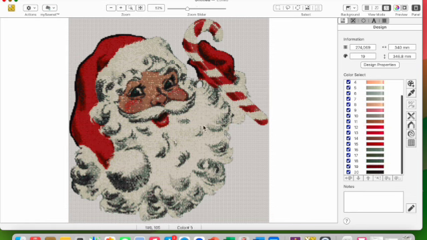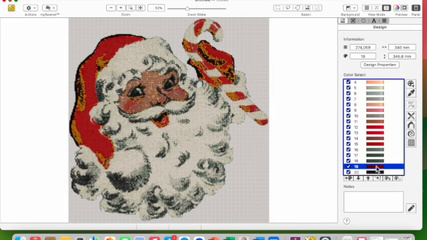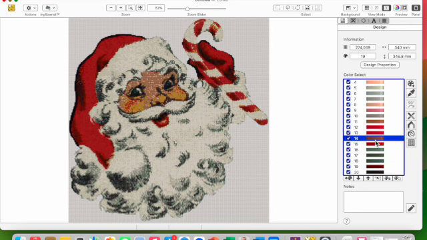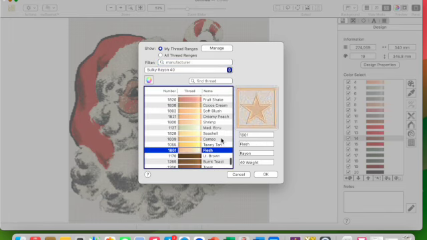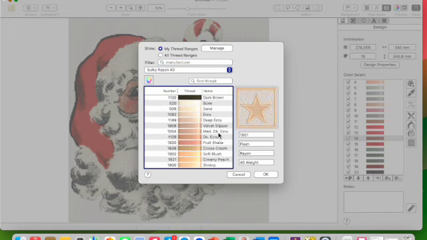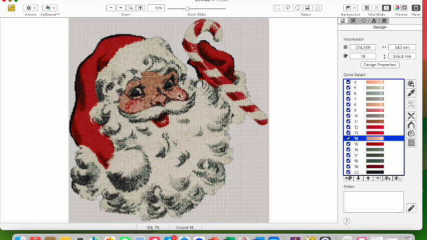And some of the fast things you can do, like maybe you don't like that skin tone, and let's see, where is that coming from? Is that this brown? No, that brown. Yeah, we don't want him to have a brown face. Flesh is pretty light. Maybe we could do a medium dark ecru. Let's see how that looks. And that immediately lightens up that portion. So you can edit by choosing different colors as well as kind of